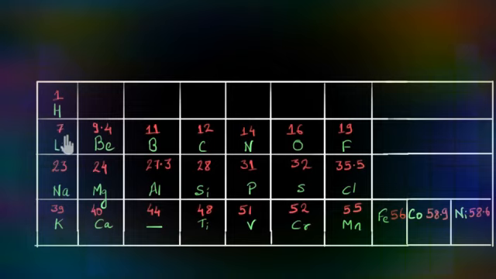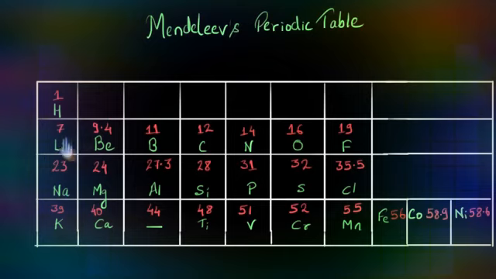So let's see in this video why we decided to use atomic number and not atomic mass, and how that helped us solve the earlier problems. The earlier scientists, including Mendeleev, had no clue about electrons, protons, or atomic number. So they could not have arranged the elements based on atomic number. They only knew about atomic mass. And that's what they did. They arranged the elements in increasing order of atomic mass.